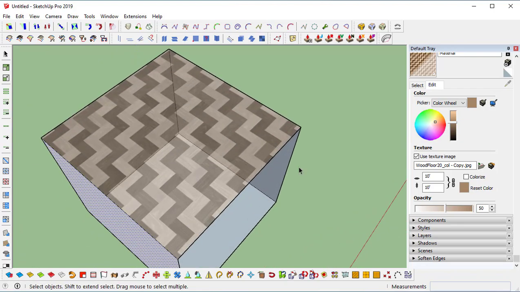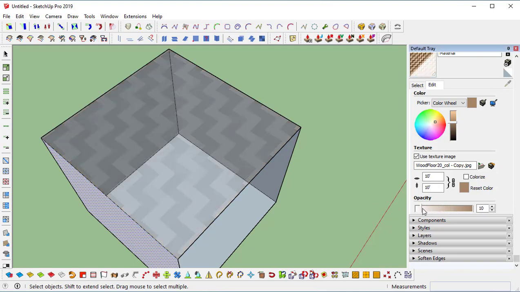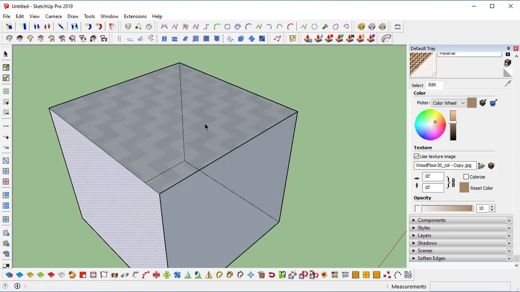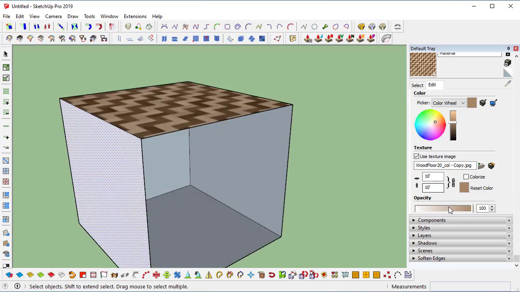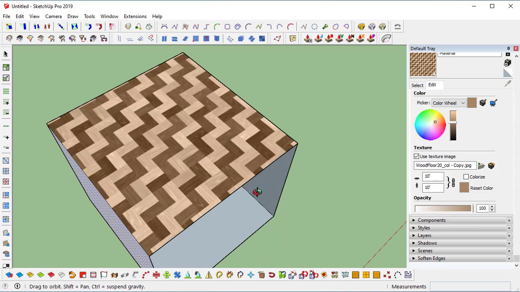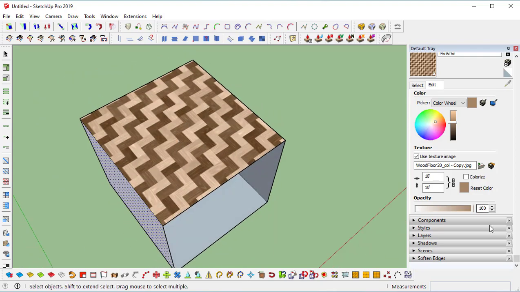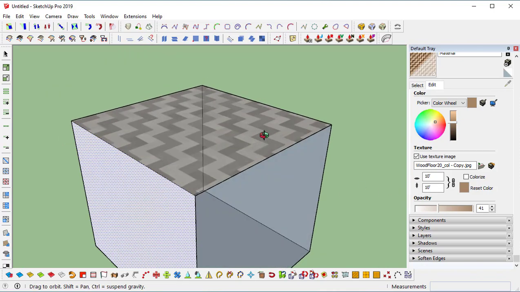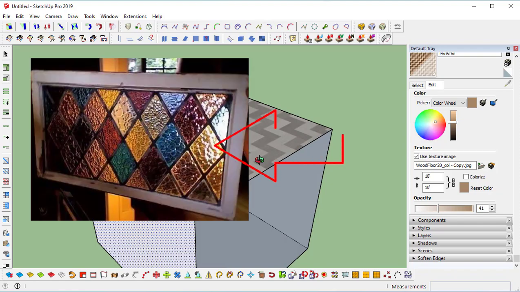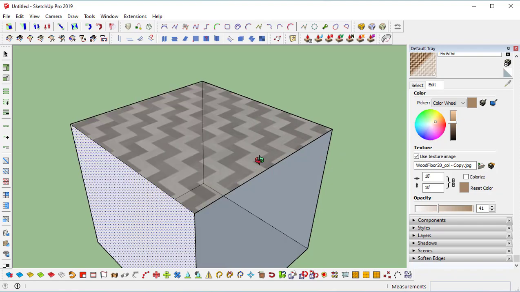Okay, then come back to opacity. If you decrease it, it will become very thin, like air. If you increase it, it will become more solid. Now you can understand what opacity is used for. If you want to make a glass and a textured glass, you can use this. See, now it is a wooden glass. Is that possible? No. For a display, if you want to make a kind of design textured mirror, you can use this texture and use this opacity.